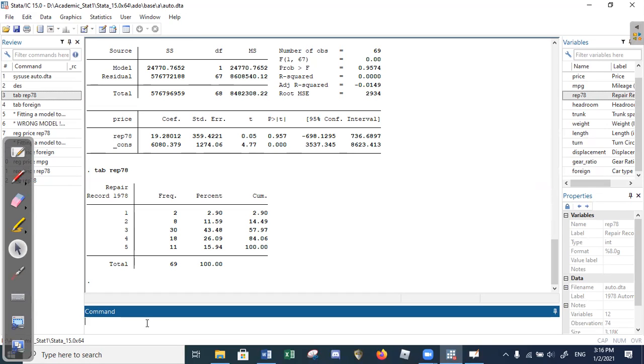Stata has a direct way of not only creating the dummy variables but also inserting them into your model. So if I want to keep the last category as the base category, which means I need four dummy variables representing these four categories, and